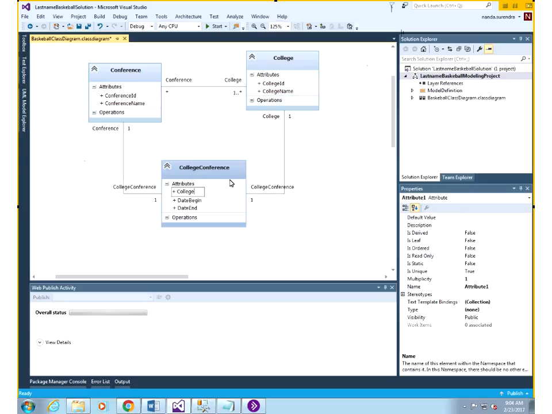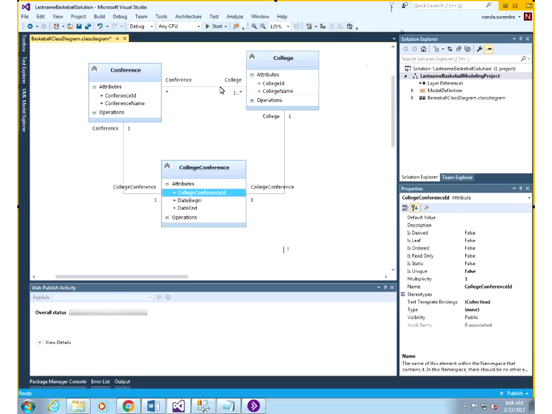identifier. So this is something that you do in MVC. This is not required in a database model. Okay, so what we are saying here is, each college associates with one instance of whatever the connecting link is between college and conference, and then each instance here connects back to one college. Now,